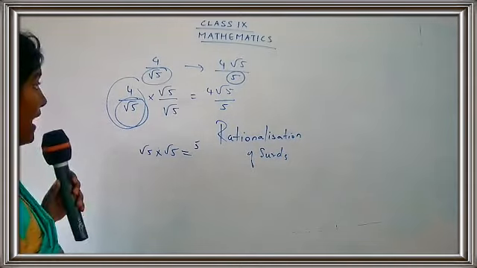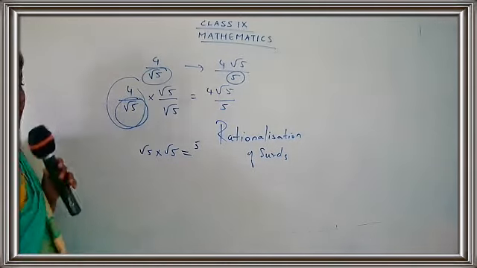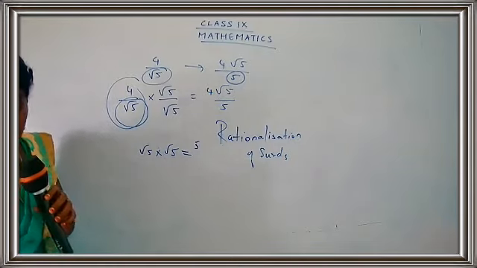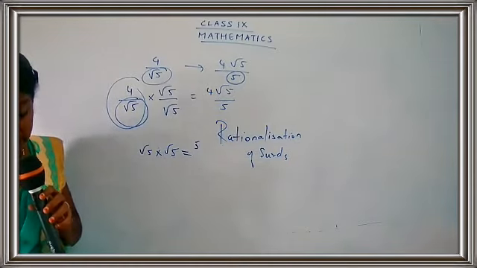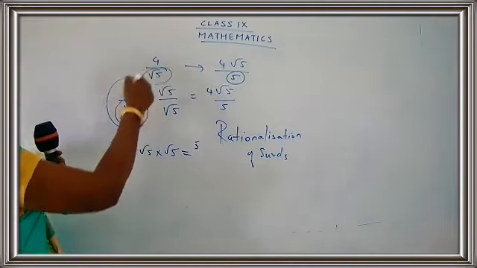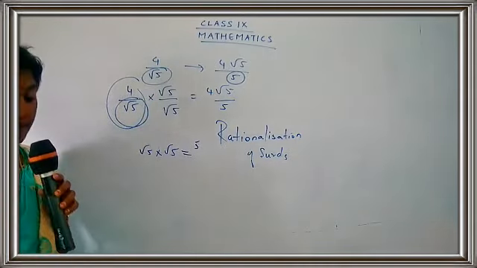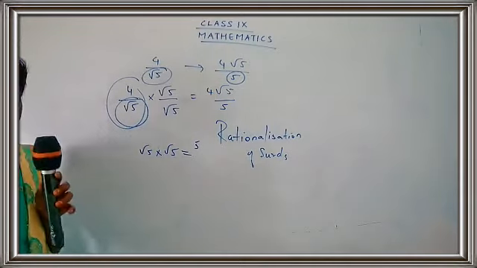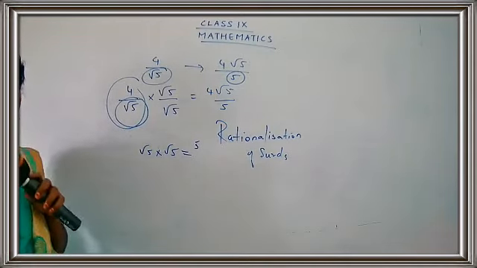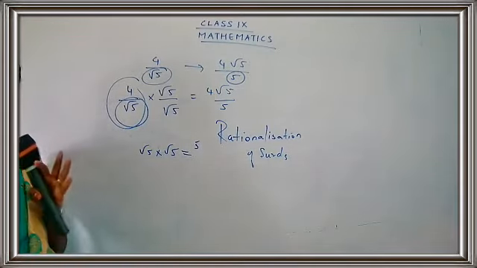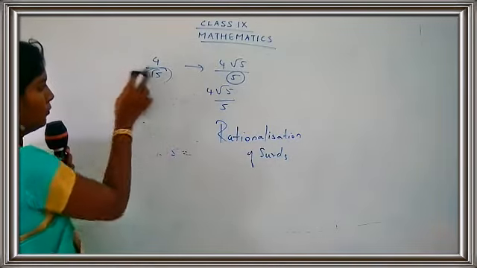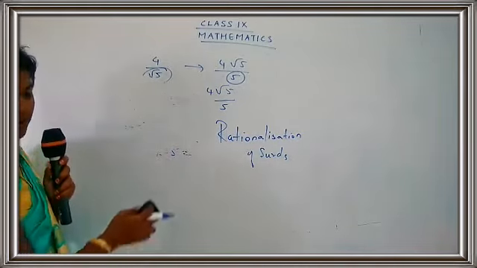Already we have seen some types of surds, children. That is pure and mixed. Then what was the remaining thing? Simple and compound surds. So here we dealt with the simple surds, where it has only one term. If we have compound surds, let us see how to rationalize a number if you have compound surds in the denominator. I'll just take one of the examples. I hope you people are clear with the first example.